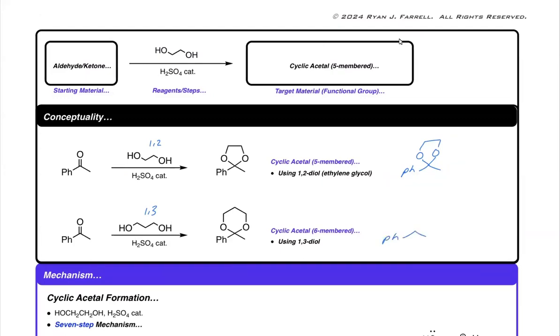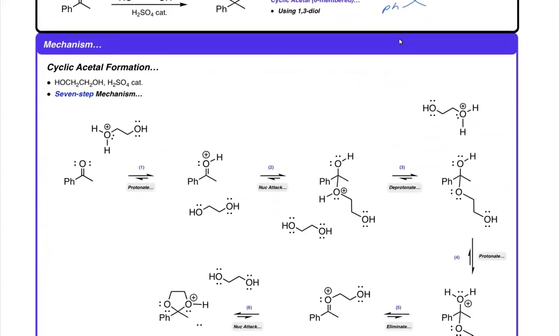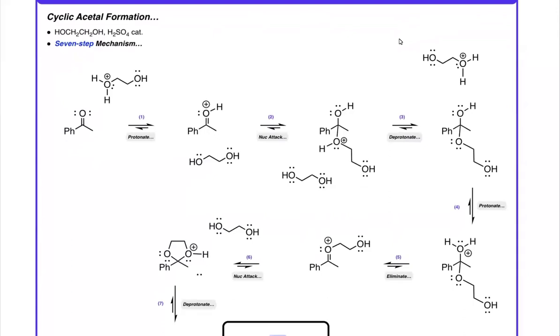If we instead were to react with our 1,3 diol, you could draw your structure without the C double bond O, bond the carbon to the oxygen atoms of your 1,3 diol, and then connect those via a 3-carbon chain. The 1,2 diol makes the 5-membered ring, the 1,3 diol makes the 6-membered ring, and they would be generated via the exact same mechanism. Okay, so what we're going to do here is look at the mechanism for forming that cyclic acetal. We're specifically going to form the 5-membered ring cyclic acetal by reacting with our 1,2 diol and catalytic